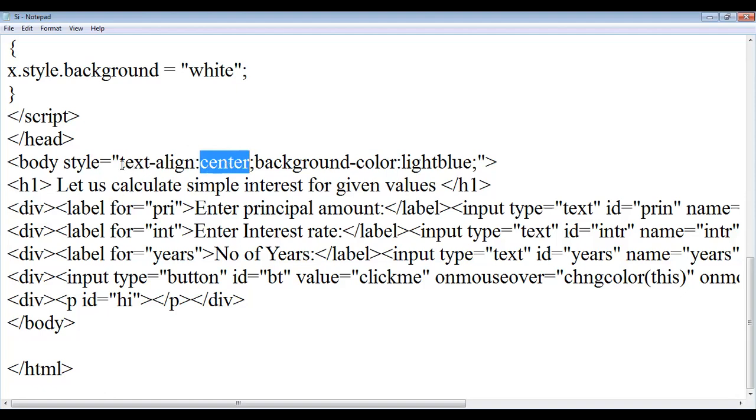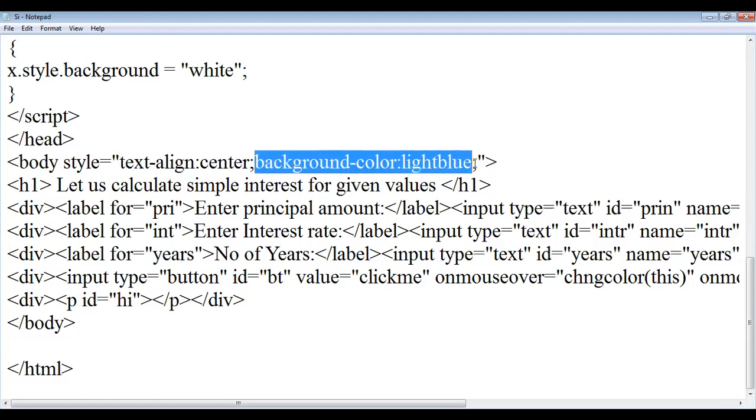Okay, that is the first property we have to apply to the body tag. Next one, I want to apply another property to the body tag, that is the background information, that is the background-color. Background-color will be assigned to light blue.